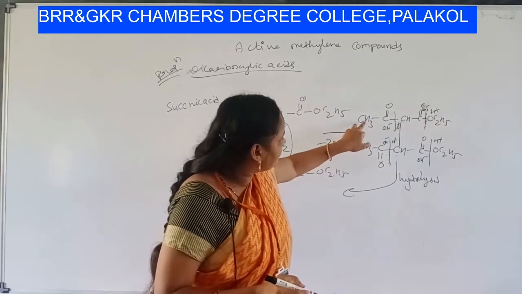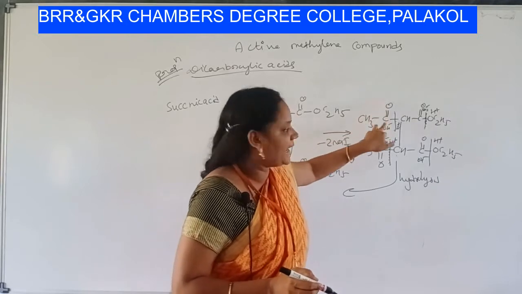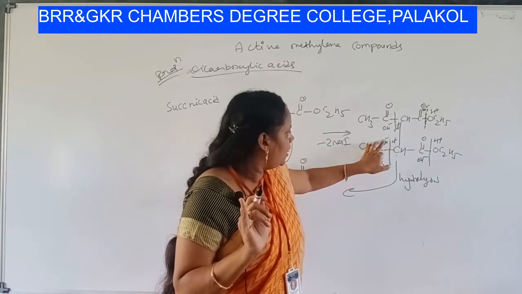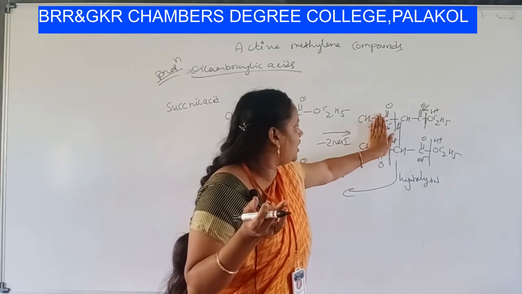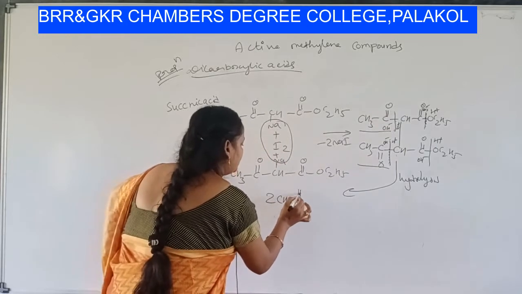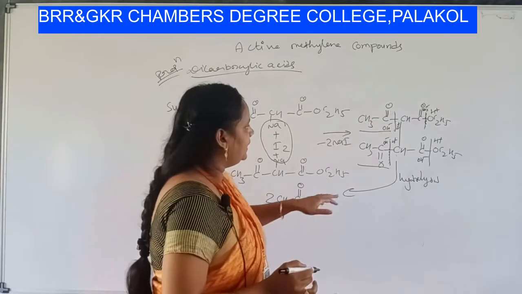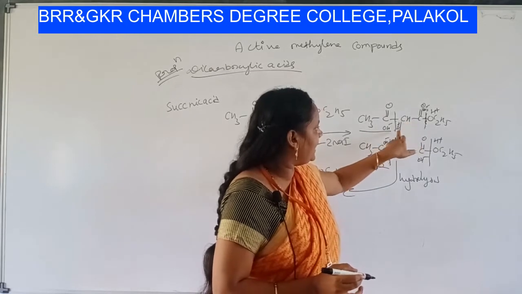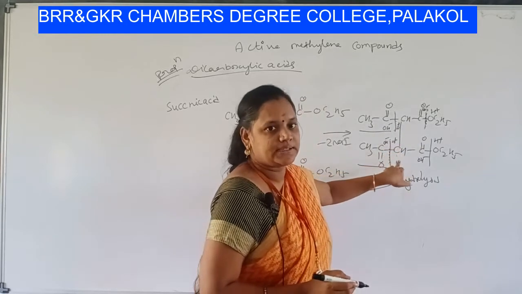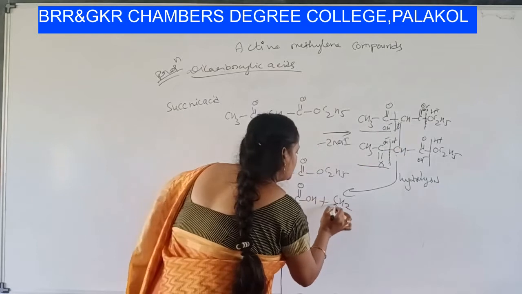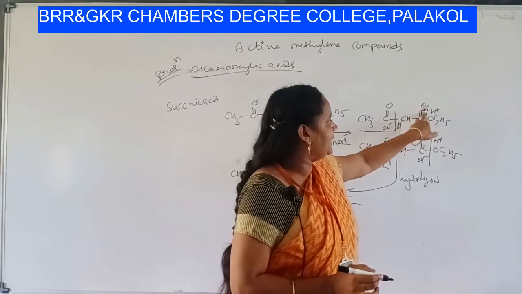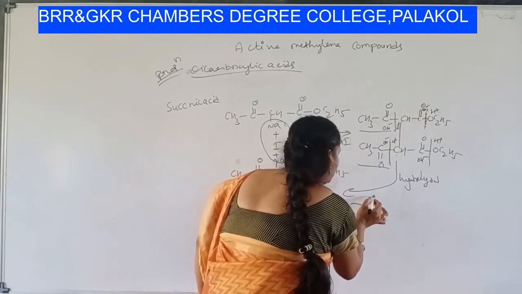Okay, what are the products? CH3, C double bond O, we are adding OH. So 1 acetic acid, 1 mole, CH3, C double bond O, OH, 2 moles. So how many moles we got from this and this? We got 2 moles of CH3, C double bond O, OH, plus here CH, for CH we are adding H plus, so CH2. Here also for CH we are adding H plus, CH2. So CH2, CH2. It is bonded to C double bond O. For this we are adding OH. So it will become C double bond O, OH.